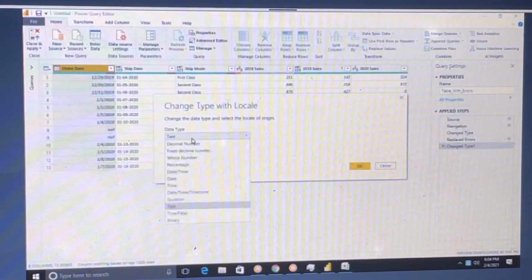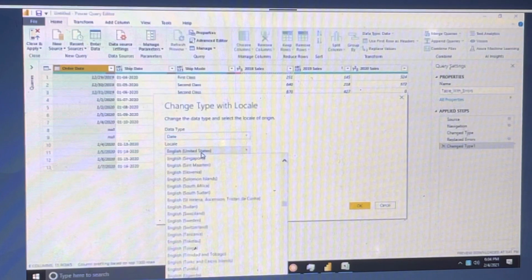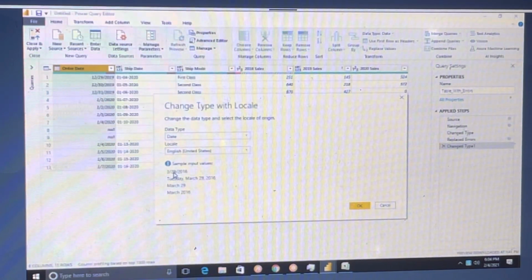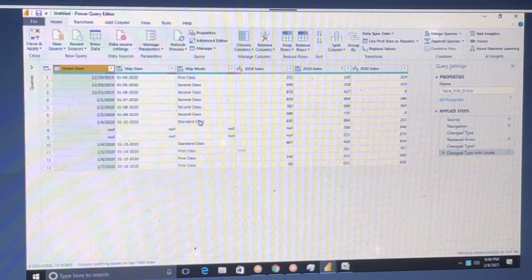You will get the date format here, and then whatever type, either US or whatever, you can select from the drop down. See, this format is 3/29/2016. That is the format we are having. Click OK. Similarly you can do this for this one also.